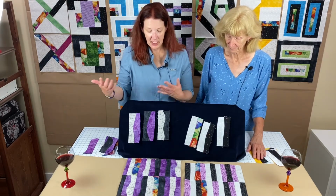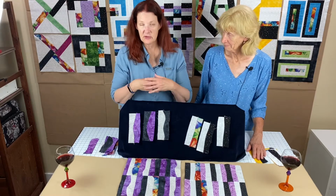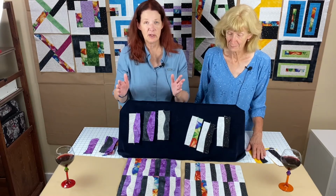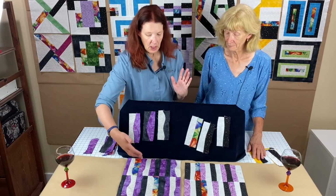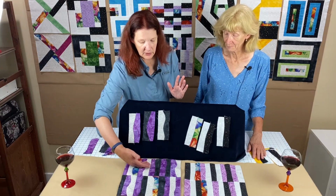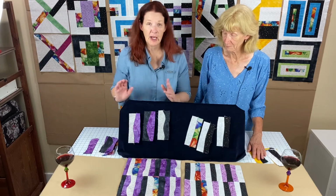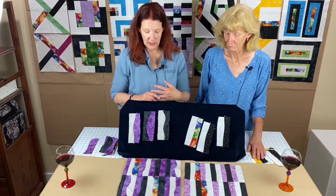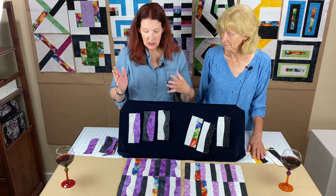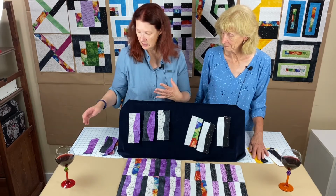We have our pieces. So now the easy part. Now this is just you laying them out and figuring out how you like your block to look. Now we put a focus in each half. You don't have to do that. You could put both of your focus rectangles in one half. The only requirement is that your